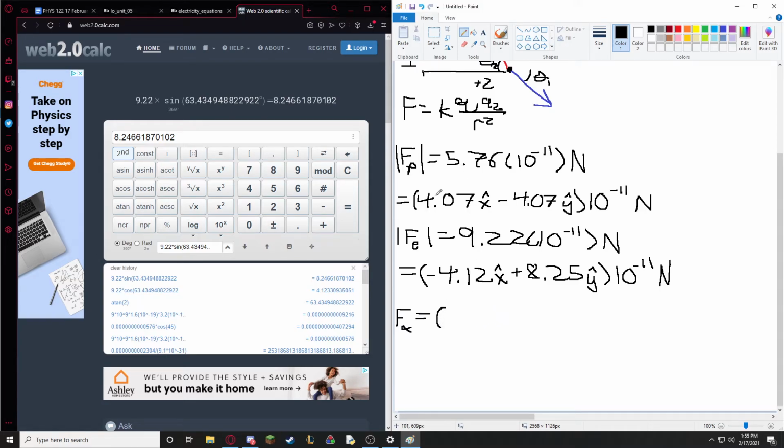So we have about negative 0.05 x hat plus 4.18 y hat, times 10 to the minus 11 newtons. Right? Nice and easy. Literally all we did was add the two x components together, and add the two y components together. So now,